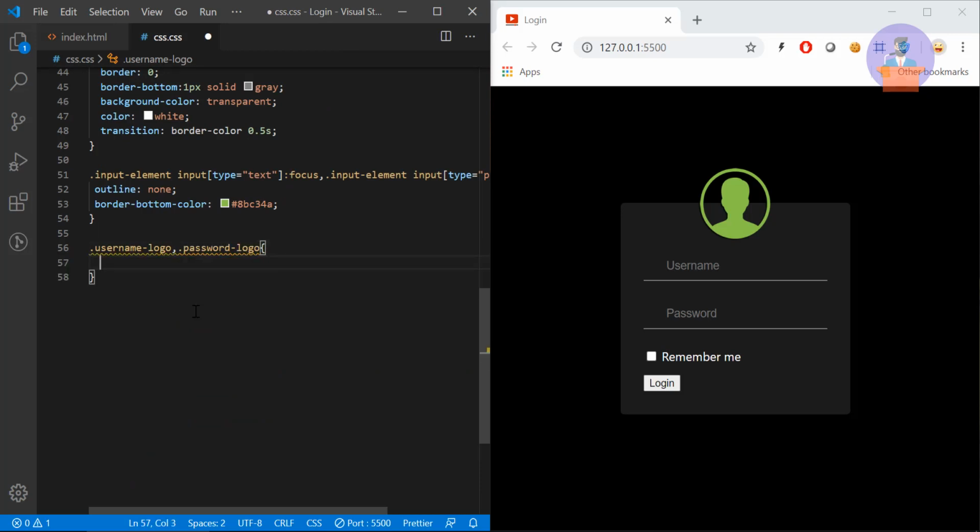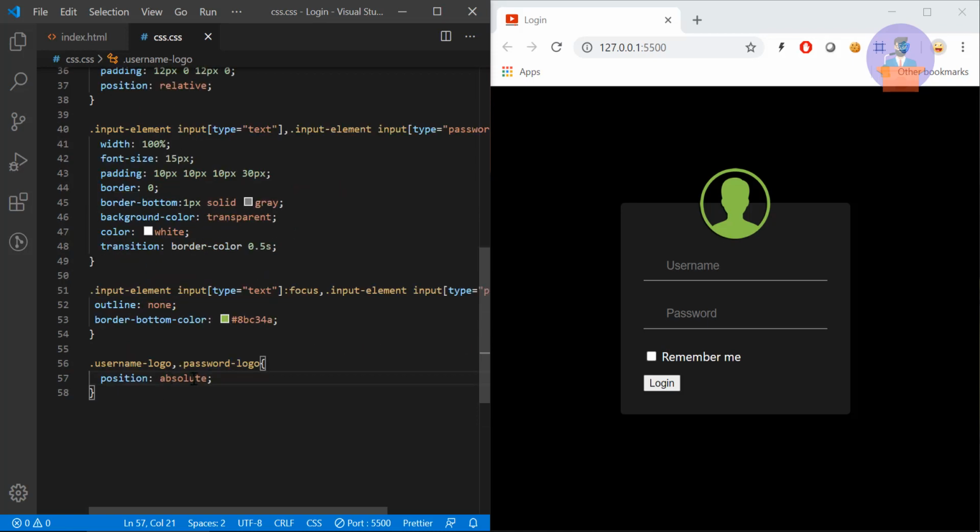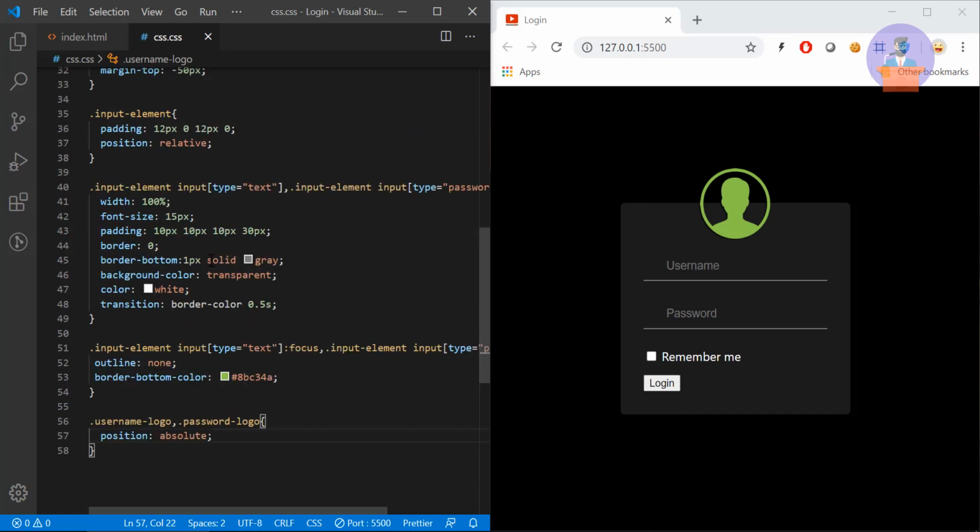Okay, here I will provide position as absolute. If you remember, we have provided the input element position as relative. So once I provide position absolute and provide any left and right, it will be relative to this input element rather than the body tag.